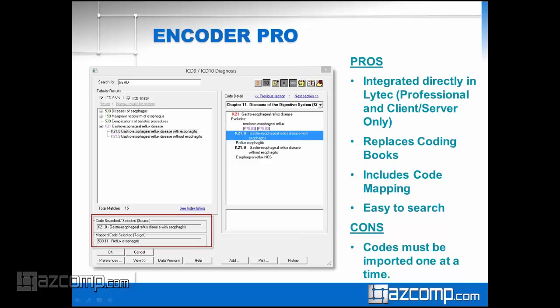I love the search capabilities. I love all the extra tools in it. So there are a lot of pros to that, and of course, the fact that you're not going to have to spend money on coding books because you can get all that same information in Encoder Pro is a great feature to it. If there's a downside, besides if you happen to be on the Single-User or Multi-User version, where you'll get more limited functionality in Encoder Pro,